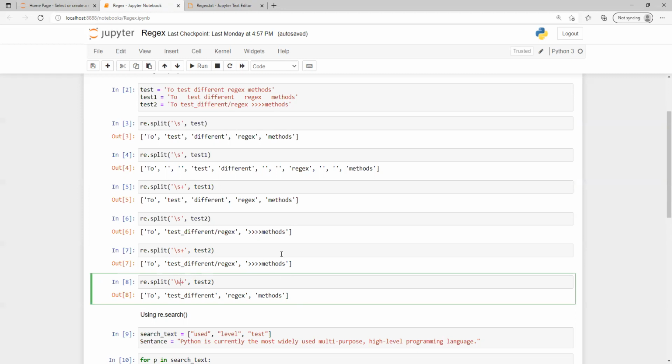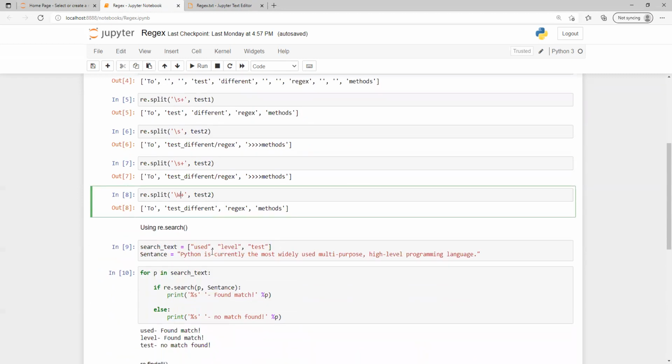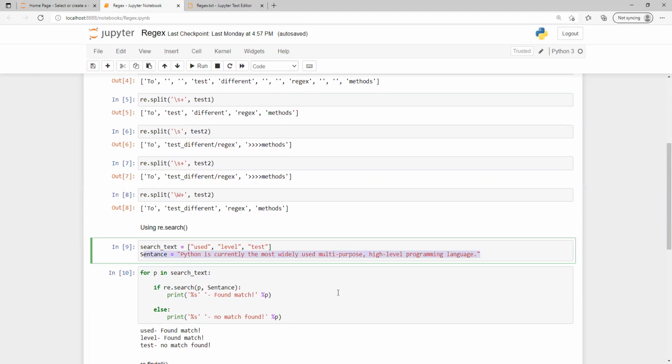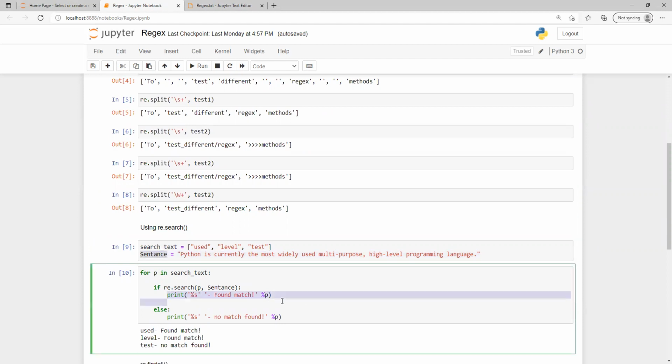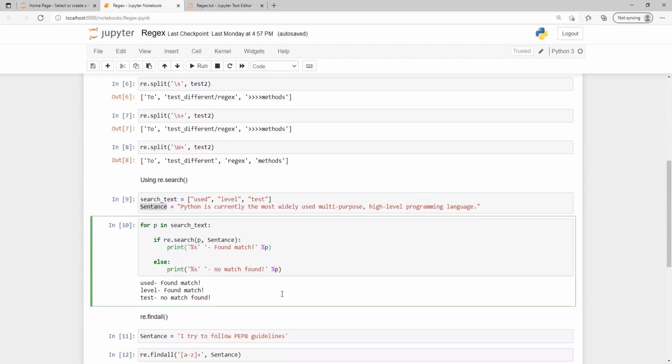Similarly, in regex we have a search function. Suppose I put in the search text 3, and I want to find 'used', 'label' and 'test' in this sentence. I'm using a simple for loop with re.search, passing the sentence, and displaying the result with a normal print function.